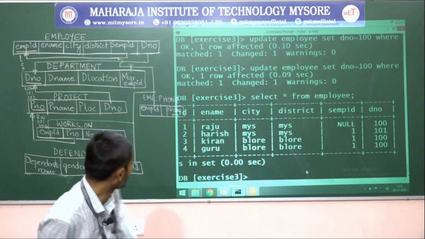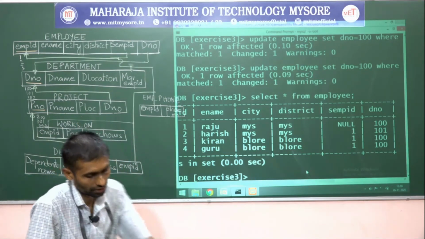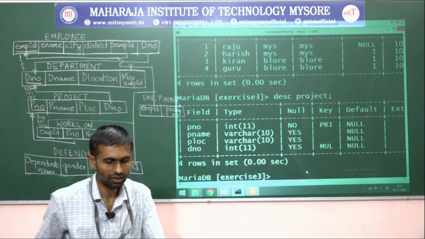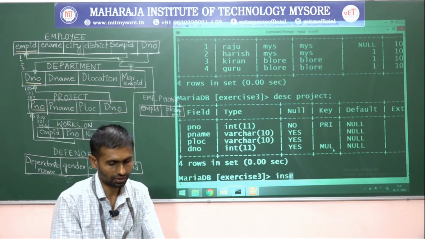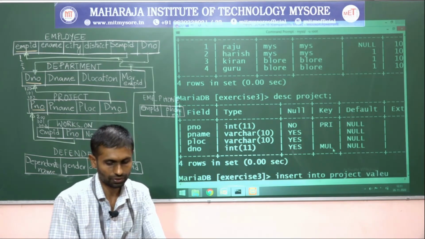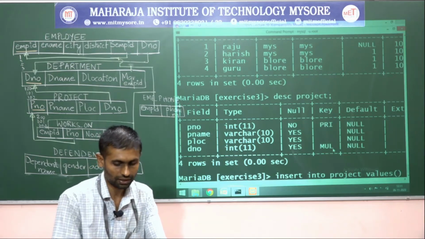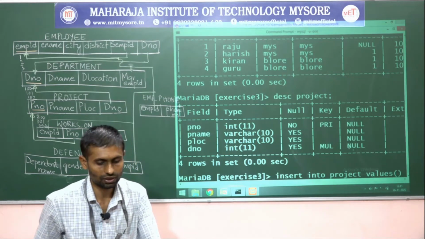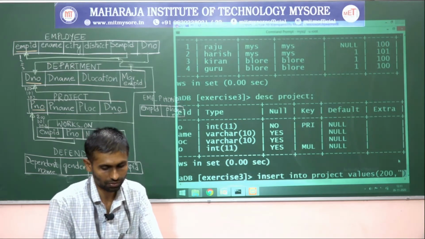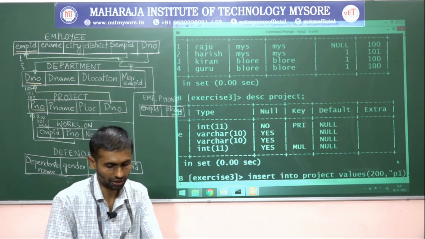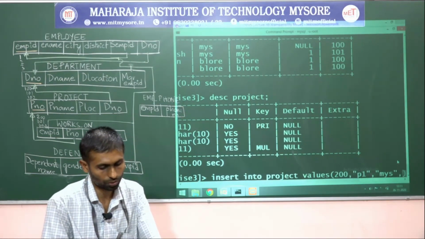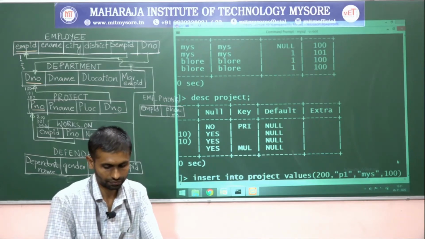Now we will go with adding values for project, right. So describe project, then insert into project values, and we said we will try to follow that series of 200. We will add 200 as the project number, the project name P1, then the project location, let me call it Mysore, and controlled by department number 100.